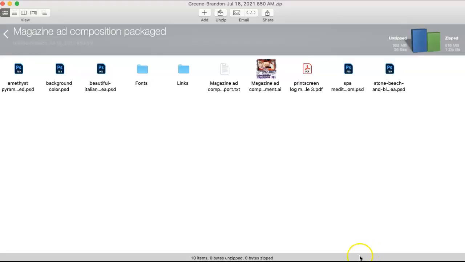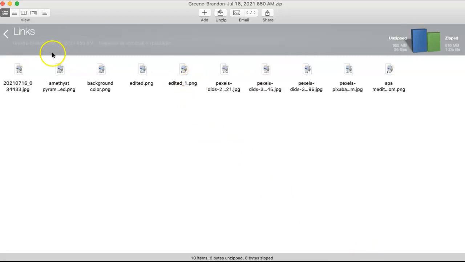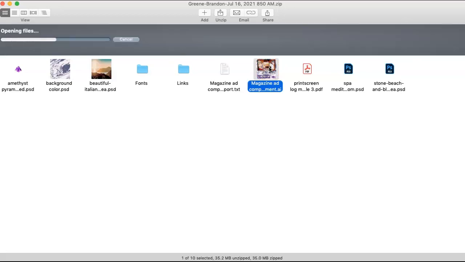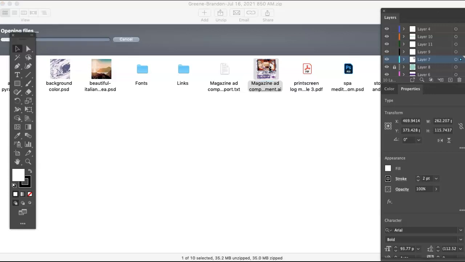This is a good collection of things, too. It looks like you have linked to your files. Now, know that it's probably better to embed them, and I'll talk about why. You may have done so. It also looks like you've been collecting screenshots of your process. Good going. So I'm going to open up your Illustrator file, and if I get prompted for missing images, then